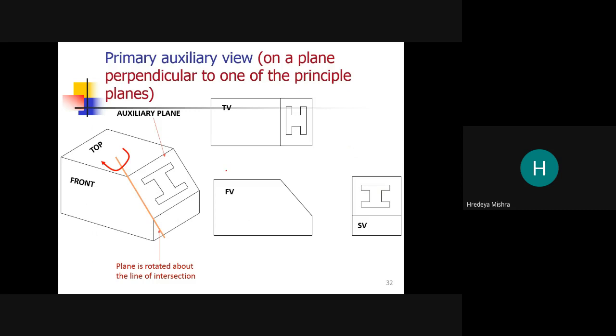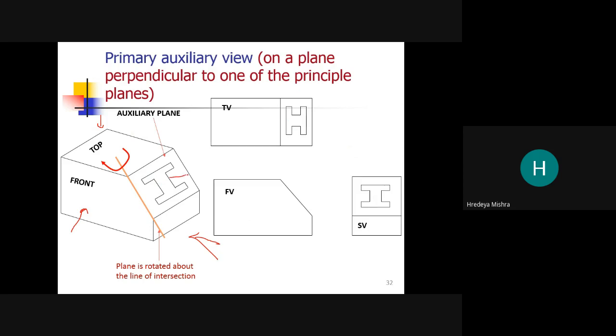Now what you see here is an object where this eye slot is cut. This is our top, front and side, so we can observe all the views. See the top view, what shape we can see here is not the accurate shape.